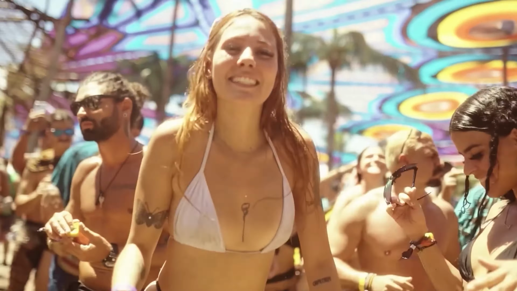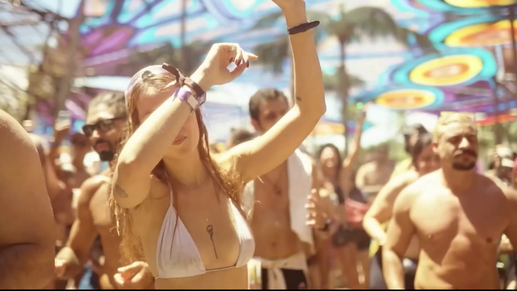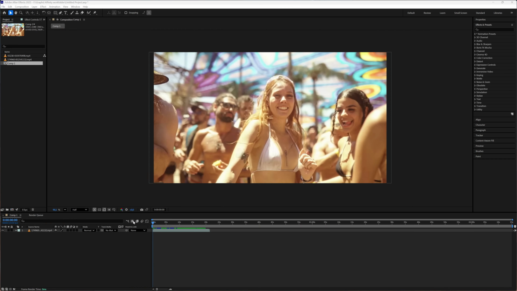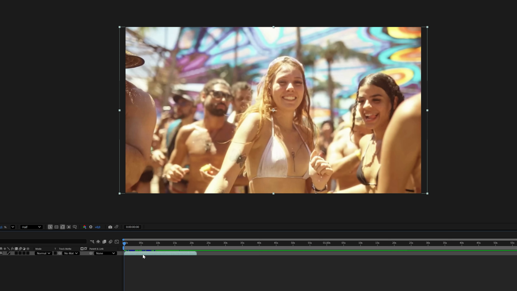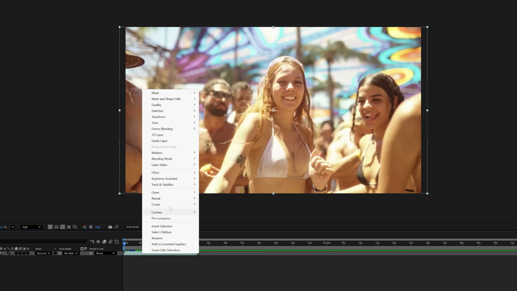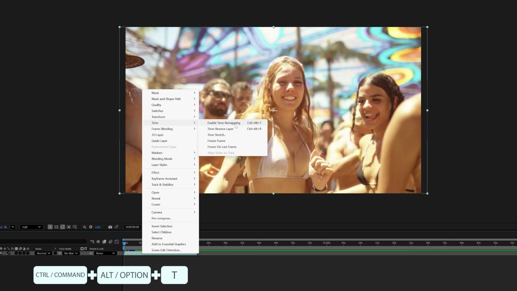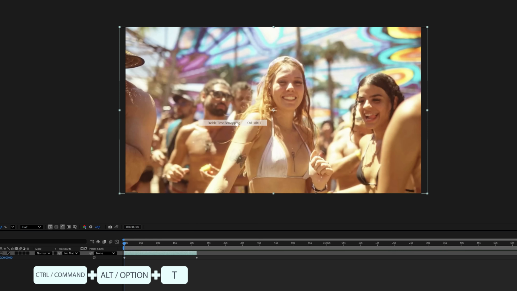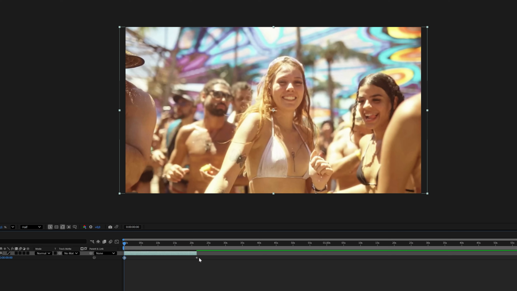In this tutorial, we're going to take a look at how you can speed up your videos in Adobe After Effects. So with your video in your timeline, what you're going to do is right-click the video, then go to Time, and here you choose Enable Time Remapping or press Ctrl-Command-Alt-Option-T. What you now get are two keyframes, the first keyframe for the beginning and the second keyframe for the ending